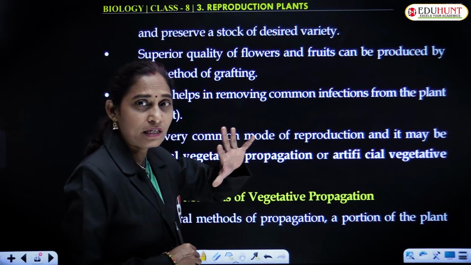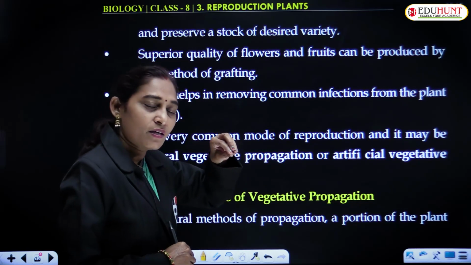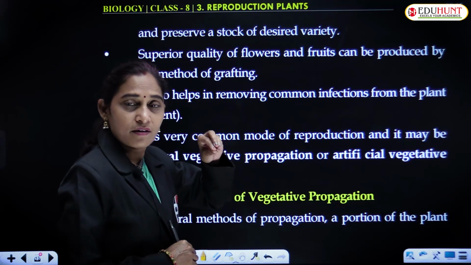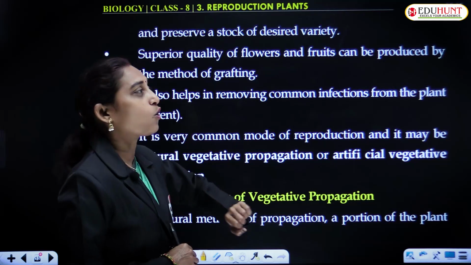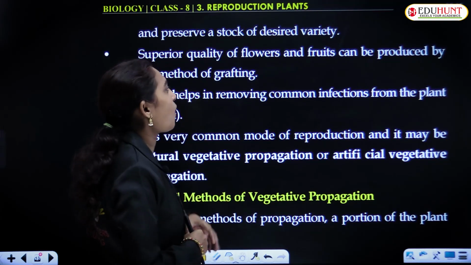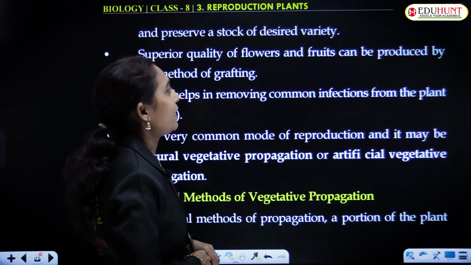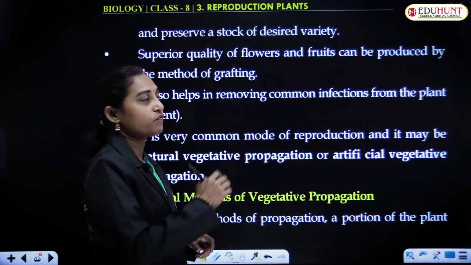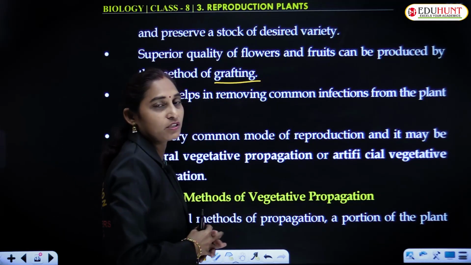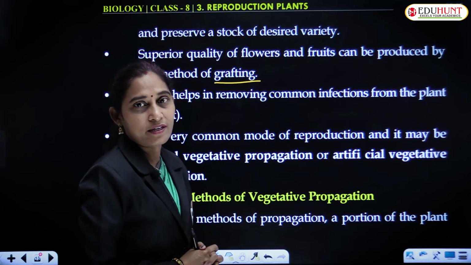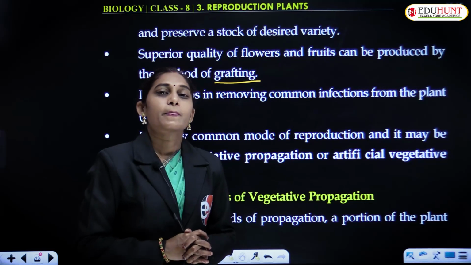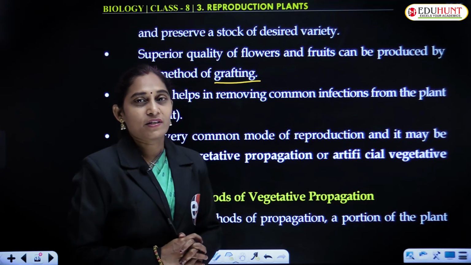That is, all the plants produced are similar. They are clones. And superior quality flowers and fruits can be produced by the method of grafting. Just now I mentioned the method of grafting by giving the example of grapes. So by grafting